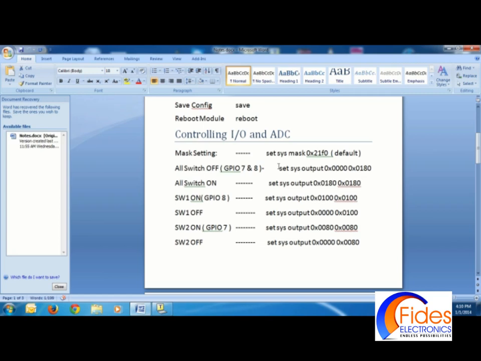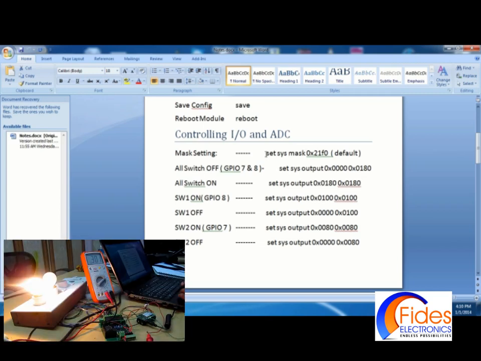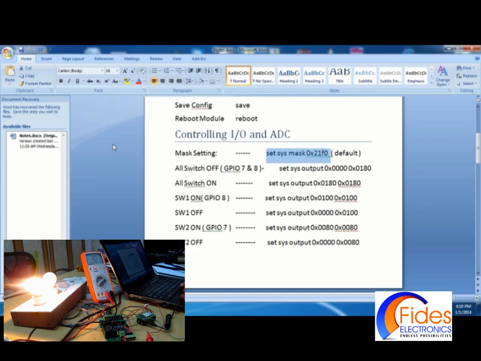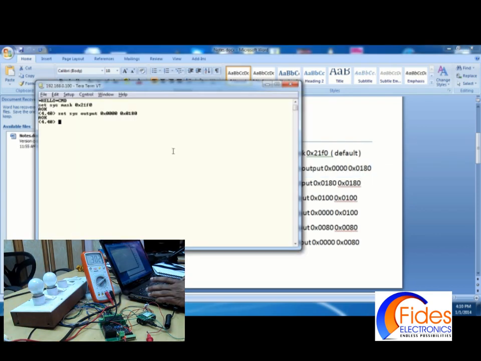Start the GPIO commands. Set sysmask to set the direction of the IO ports. Okay, now set the output of both the output GPIO 7 and 8. Set it as low so that the lights will be off.